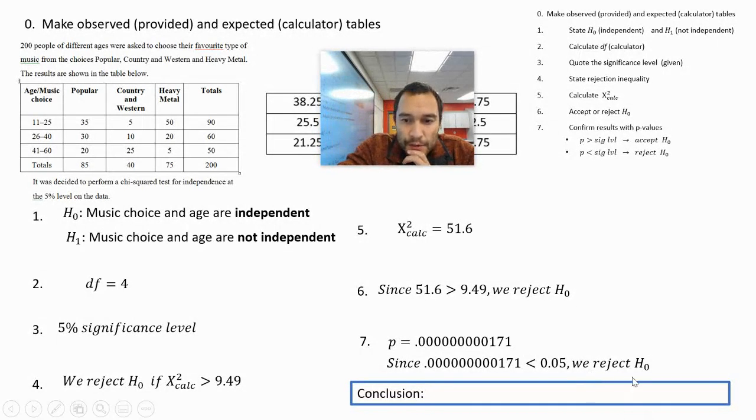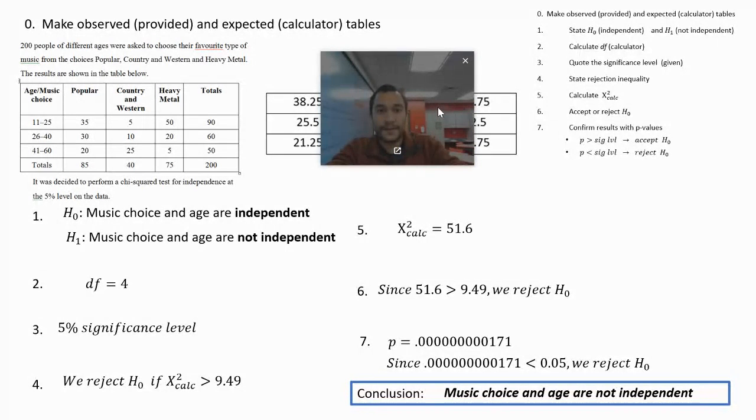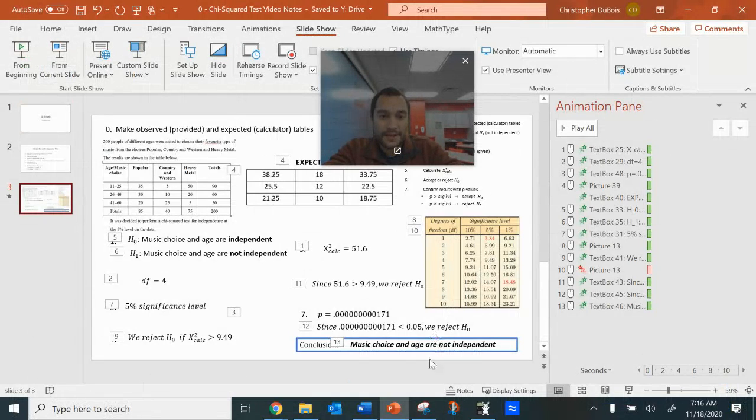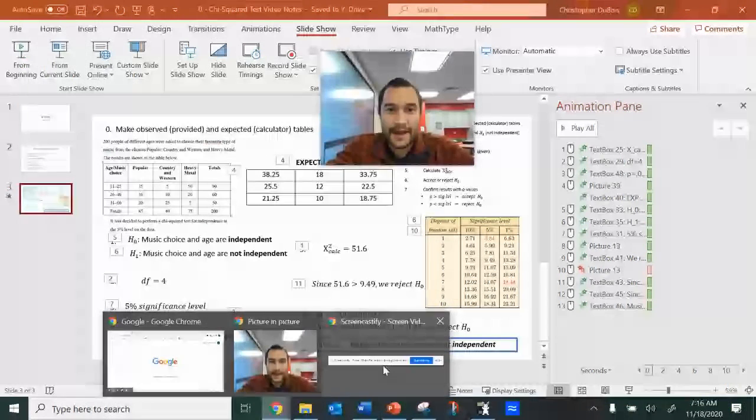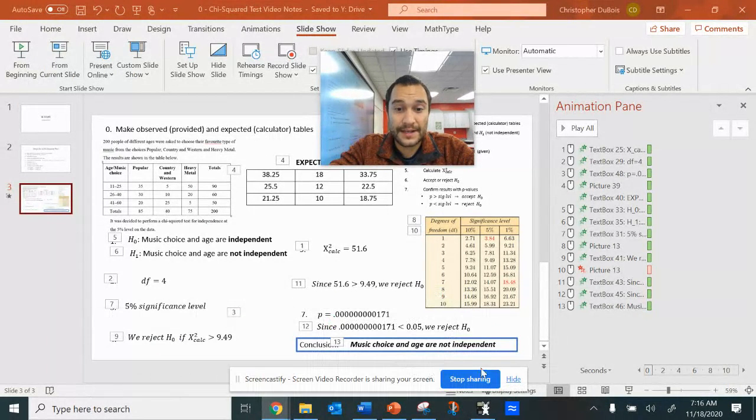So since we reject H sub 0, it means we're rejecting that the two variables are independent, meaning H sub 1, the alternative hypothesis, is what we're going with. So our conclusion: music choice and age are not independent. That is a chi-squared test. Hopefully that helps out and you can use this as more